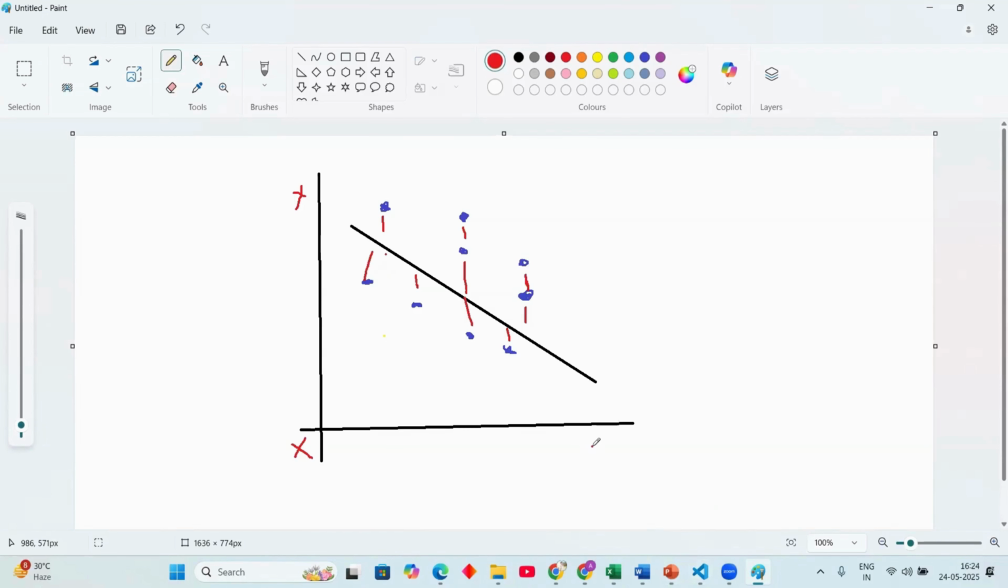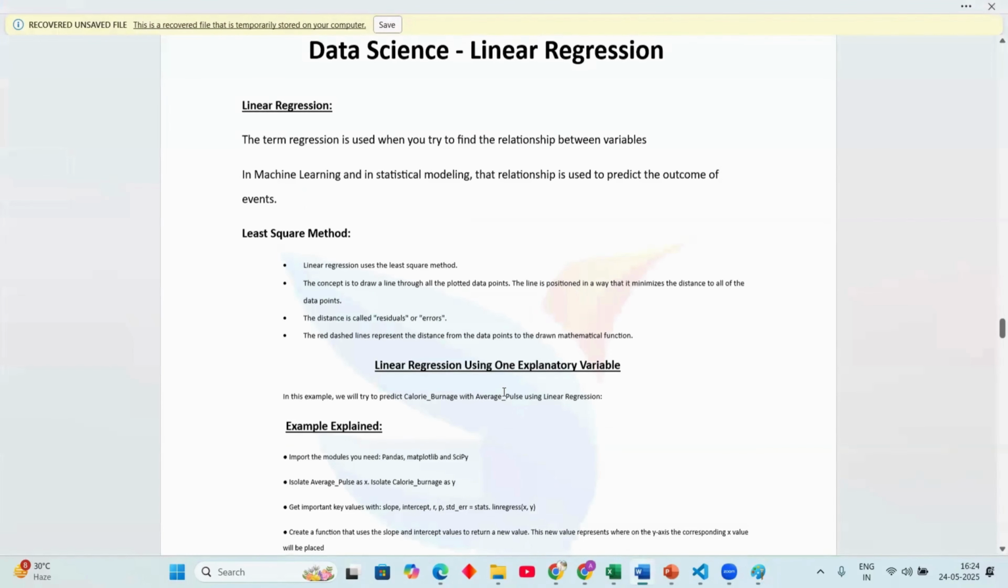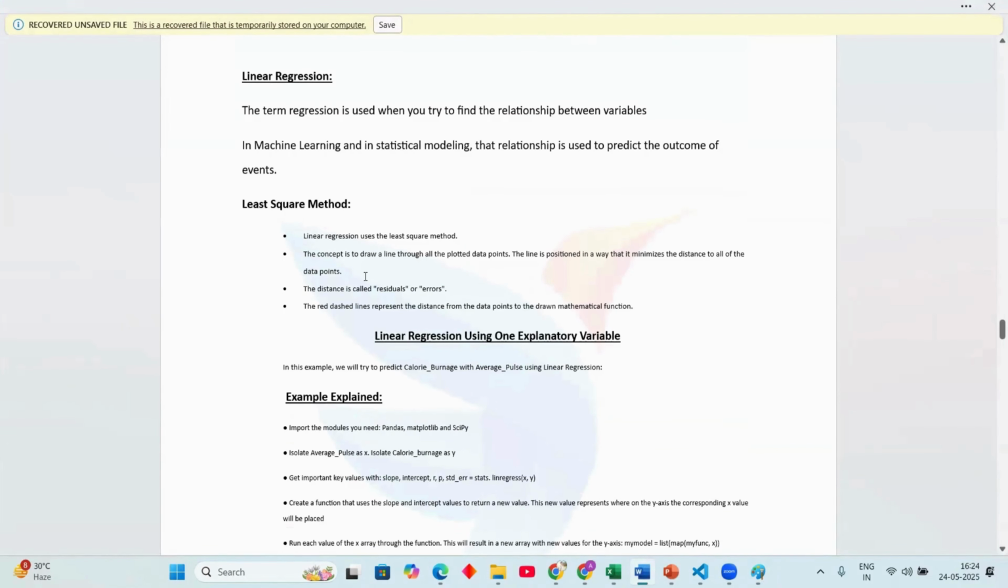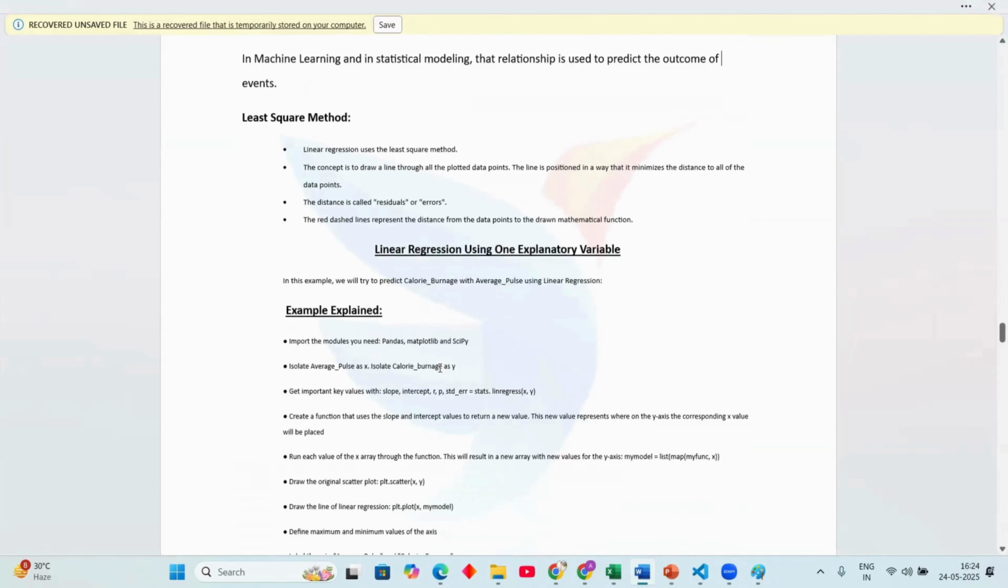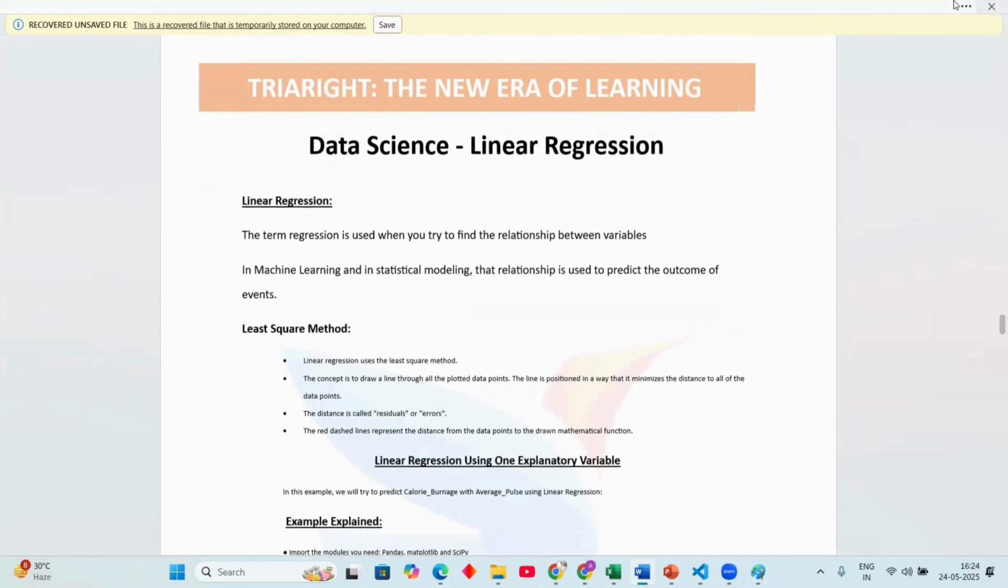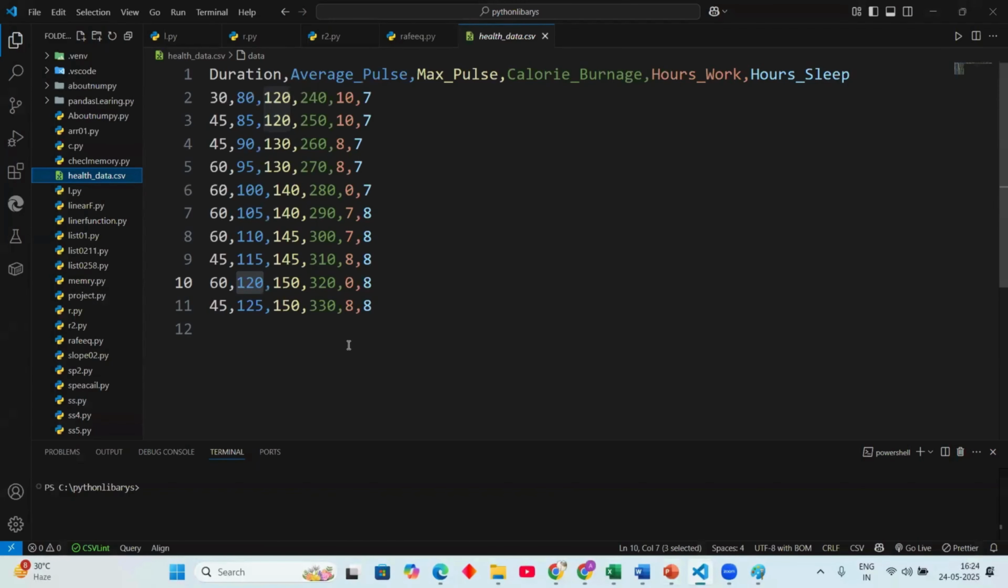So let us consider, in simpler terms, I can explain like this. We can go to WordPad. The linear relation is what we know as the red dash. See, the red dashed lines represent the distance from the data point to the drawn mathematical function. It shows the difference of the distance. Okay, let's open VS Code. In simple terms, we make a code on it